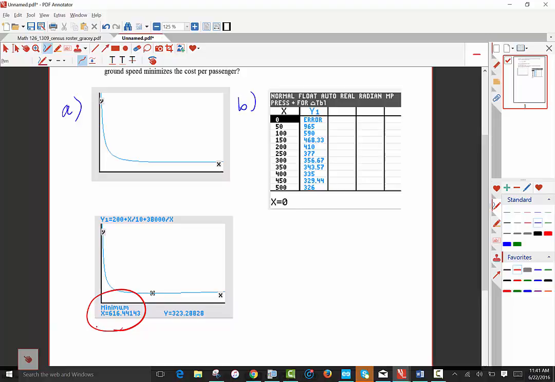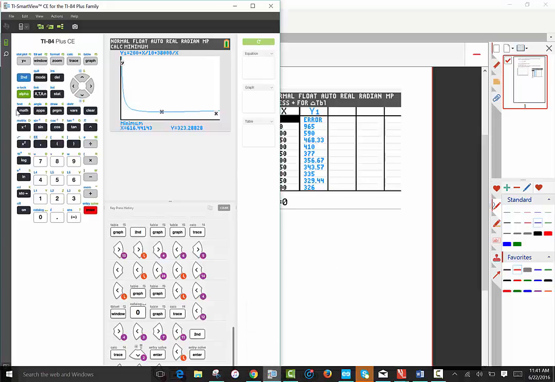So if we're going to the nearest 50 miles per hour, do you see it's going to be at 600 miles per hour? But let's check out the calculator again, and then go to our table. Actually, our table's set,